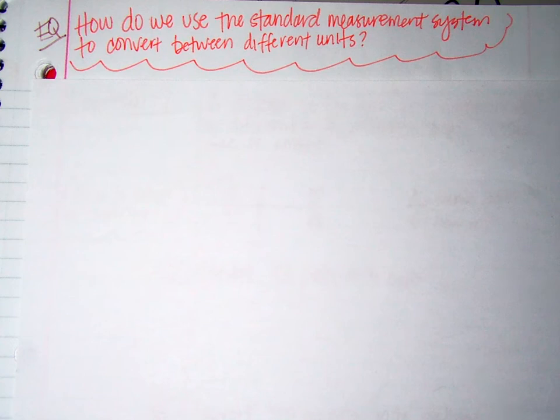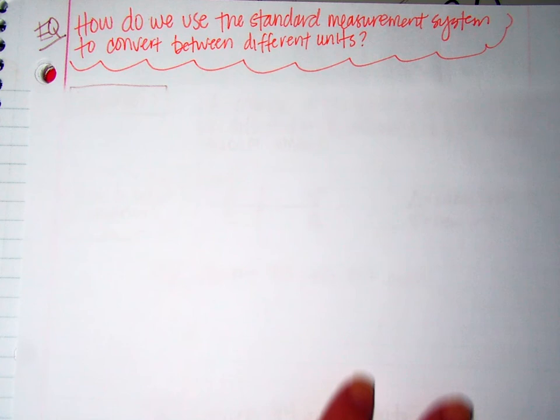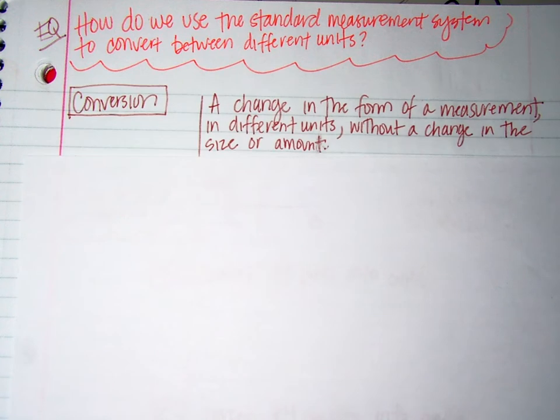Okay, so today we're going to be using the standard measurement system to convert between different units. First, we need to define what a conversion is. A conversion is just a change in the form of a measurement in different units without a change in the size or amount. For example, if you have $1 and I ask you, how many ways can you make $1? You can say, well, you can have 10 dimes, you can have 100 pennies. We're not changing how much the dollar is worth, we're just changing the type of currency that we would use